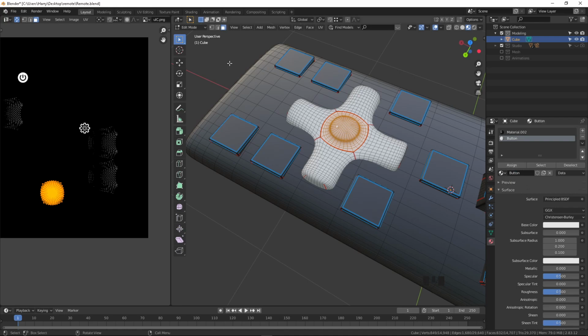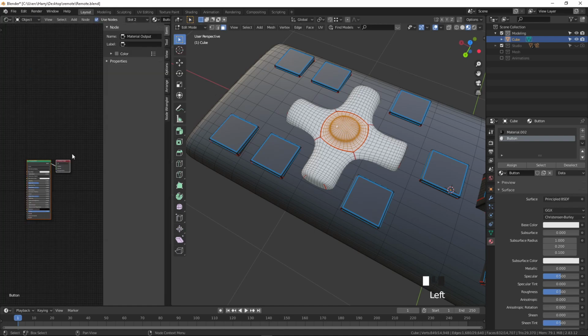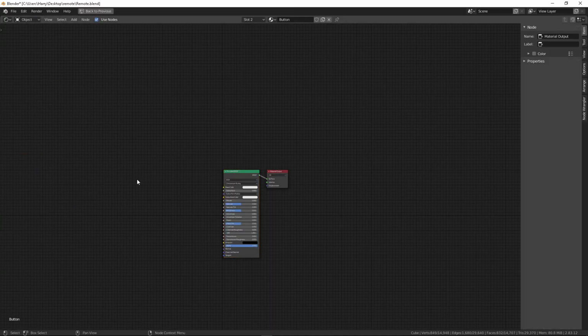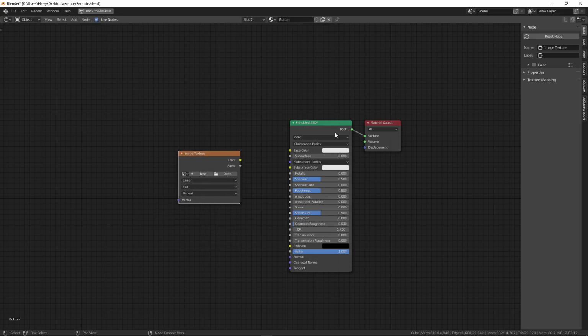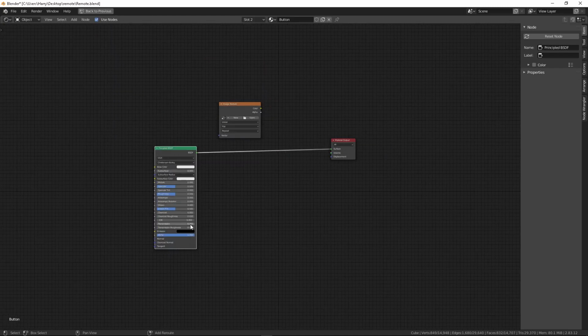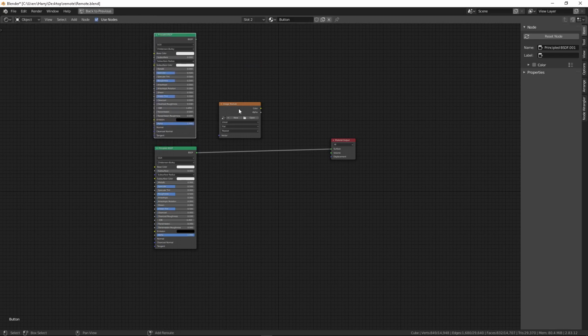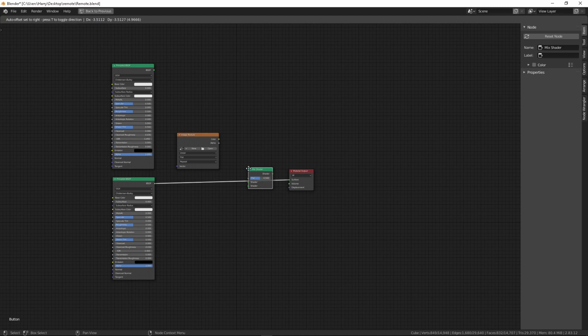Okay, and now I go to the shader editor. I press Ctrl Space to maximize it, and zoom it for you. Press Shift A and search image textures, and using this I'm going to add the different type of colors. So Shift D and create one new, and search and add a mix shader.